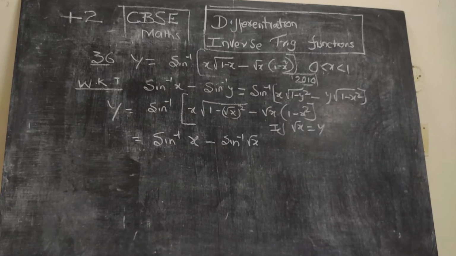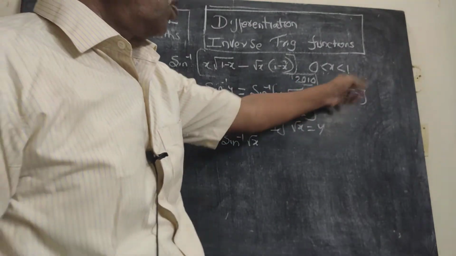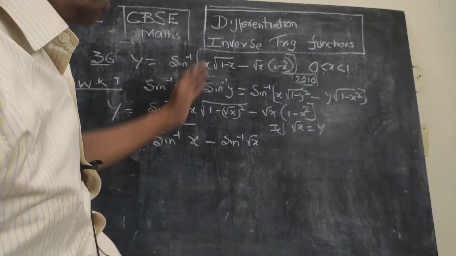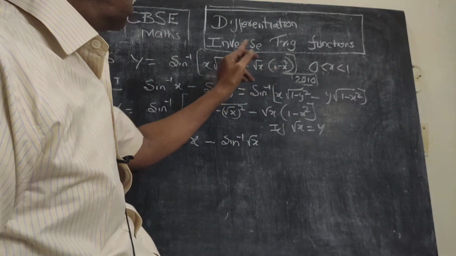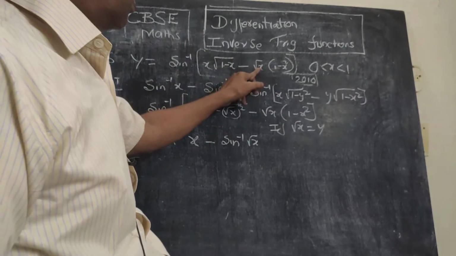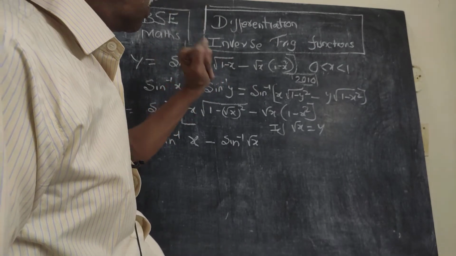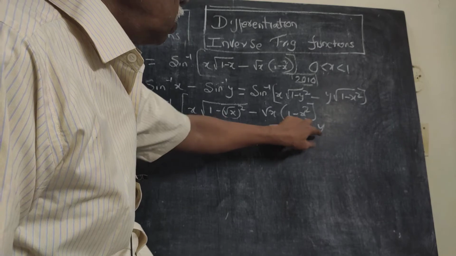We know that in the inverse trigonometry functions, sine inverse x minus sine inverse y is equal to sine inverse of x into root of 1 minus y square minus y into root of 1 minus x square. The problem is similar to that, but for the fact that here y square is there in the formula, whereas we have x, and here we have root x. So let us assume root x is y. So instead of y, let me consider this as root x.